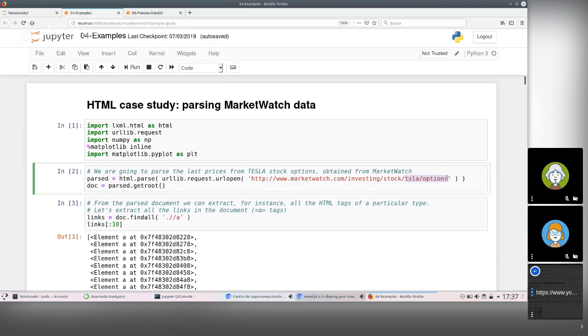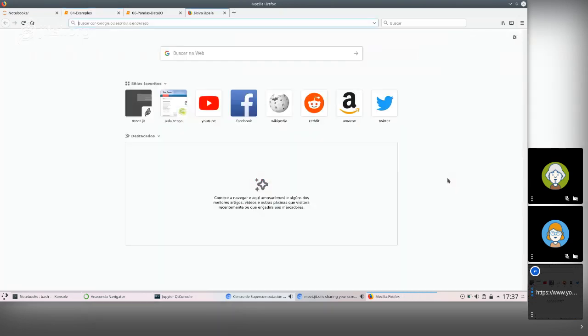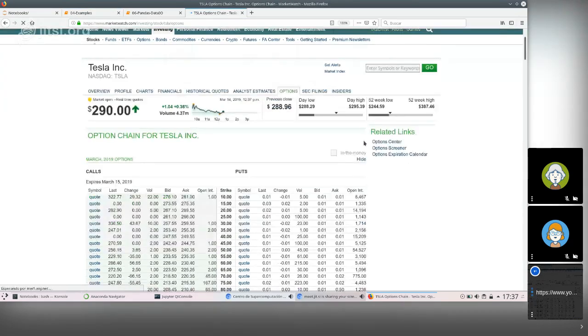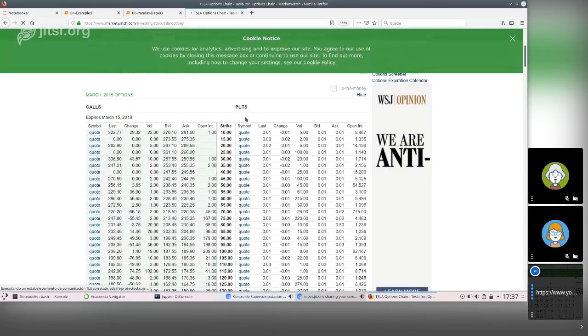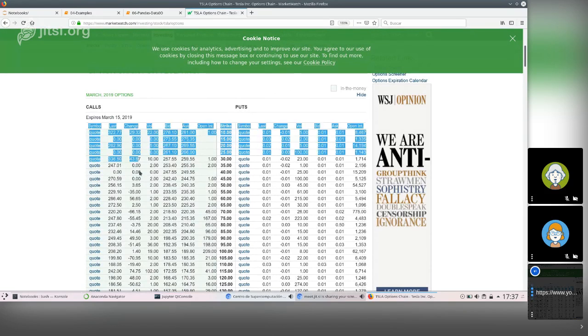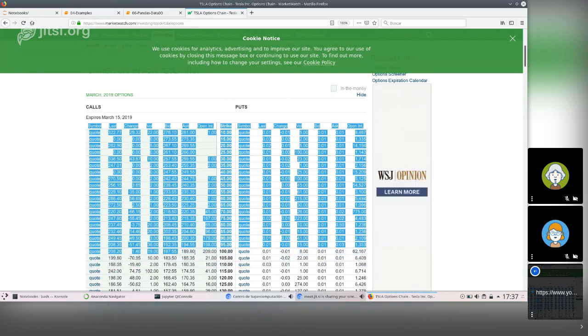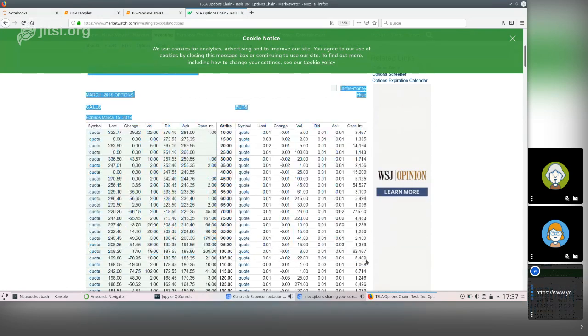So it was this page, and this was the example in the 04 notebook. You remember it was the page with the stock options of Tesla. If you want to parse this table, one option was to use the HTML parsing code we used last day. Otherwise, we can just select